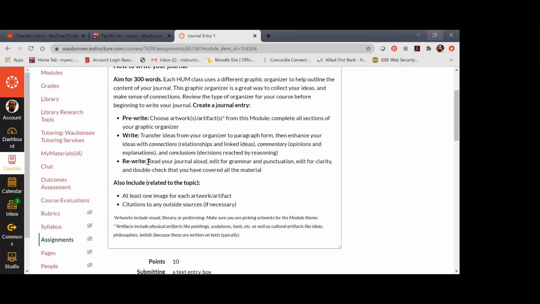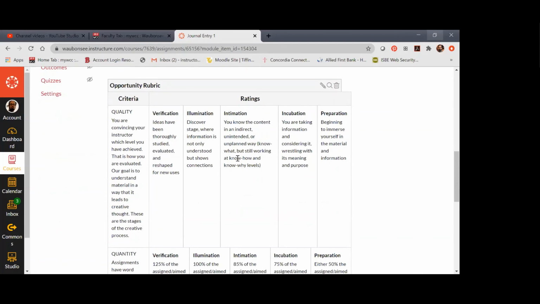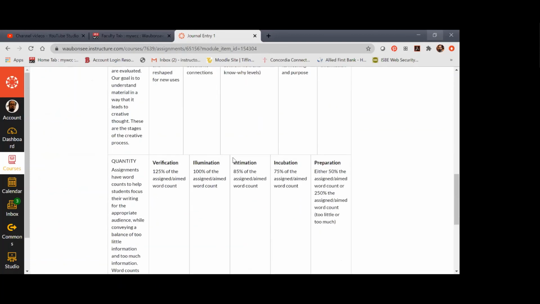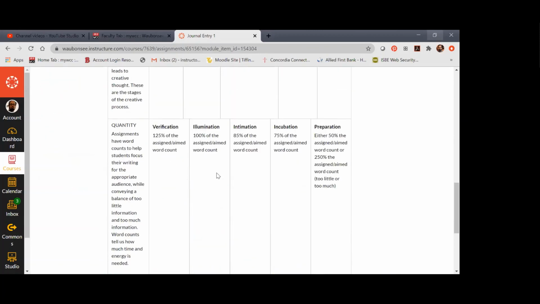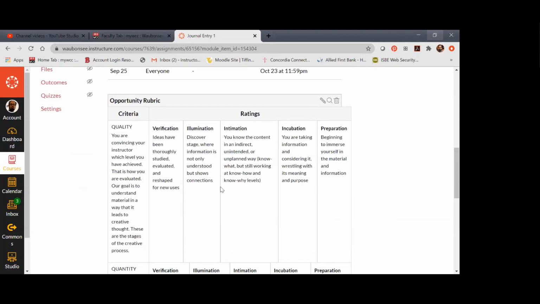And then you're going to submit your journal, which is a formal essay, but it's short, it's only 300 words, to Canvas, okay? And then I use this rubric to analyze your work, right? And this is actually the same rubric I use for all writing assignments in the course. So I'm looking for your quality, and I'm also looking for your quantity, that you're meeting and exceeding the word count, and also that you're writing things of substance,